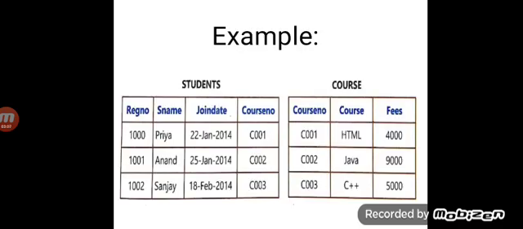Suppose let us see some relational database. Let us take an example, a list of students registered for different courses, that is arranged in these 2 tables. In the students table, registration number is called a primary key. And in the course table, course number is the primary key. The course number field in the students table is called the foreign key of the students table, and it is related to the course number field of the course table. This is called a database model.